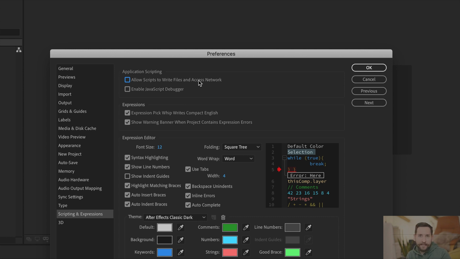Now, as long as you stick to proper plugins and scripts from proper sources, you should not have issues. I've never heard of any script exploiting the security flaw that this function has, but in theory it's possible. So when working with After Effects, I encourage you not to use cracked software, plugins or scripts, because they might